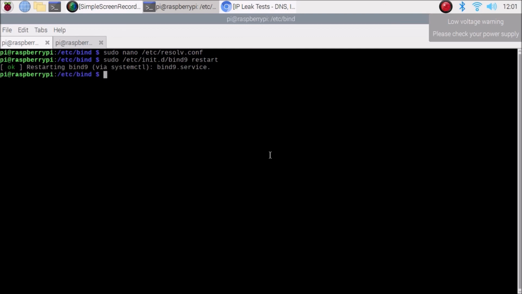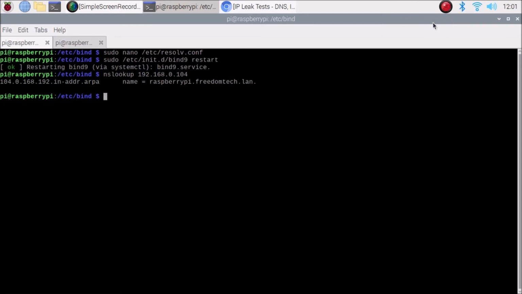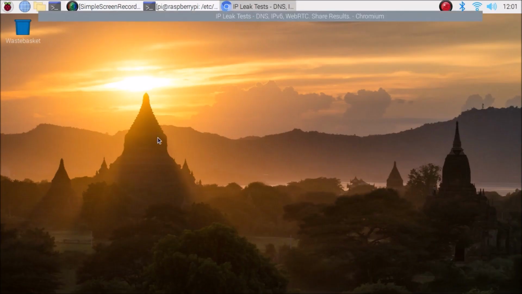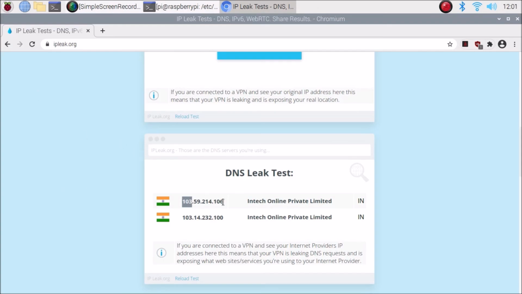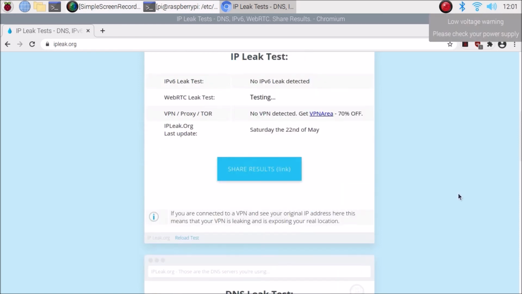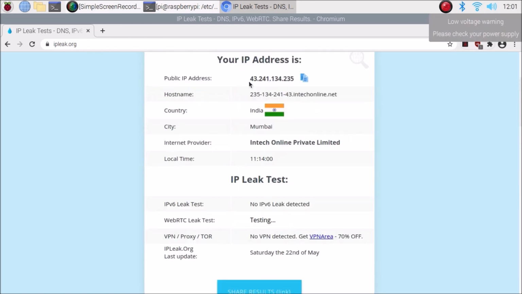Now if I run the command nslookup and the IP address of our Raspberry Pi 4, 192.168.0.104, hit enter, and as you can see, raspberrypi.freedomtech.lan, it means our DNS is working. Now if I go here and open the same website, I'm not going to refresh the website yet. As you can see, the DNS server starts with 103 and the public IP is 43.